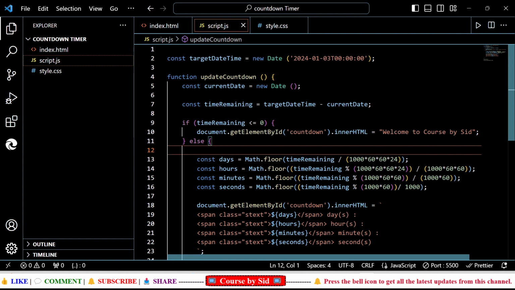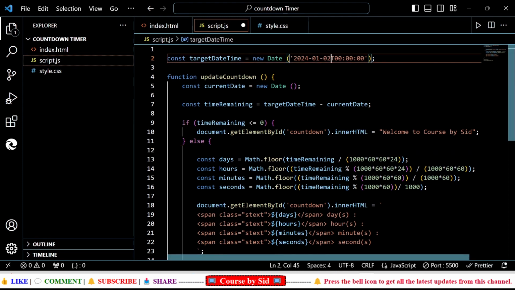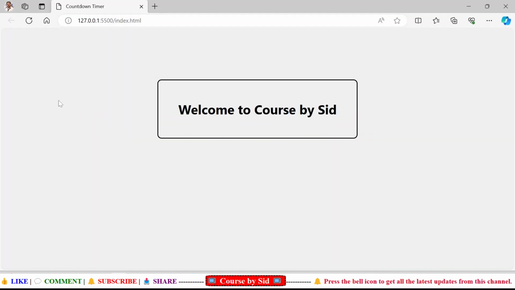Right now, currently in my clock, it is 5:56, and the date is 2nd of January 2024. So here I'll say that the month is 2, and here I'll say that this is going to be 17, and then this I'll say is going to be 57, and I'm going to save my file. I'll quickly come back to my browser, and here you can see that after everything is 0,